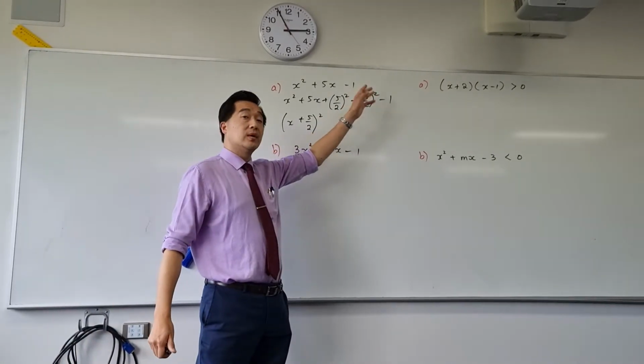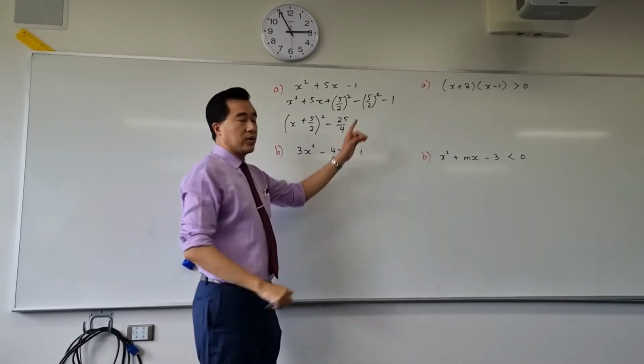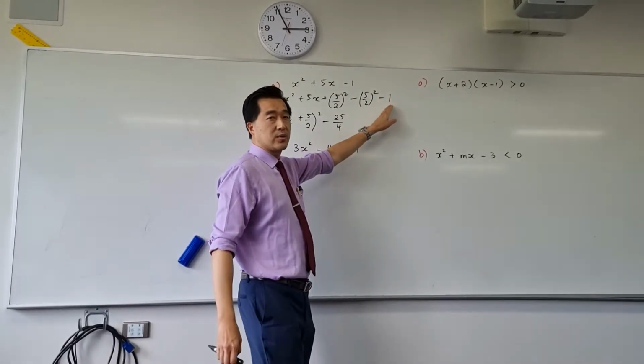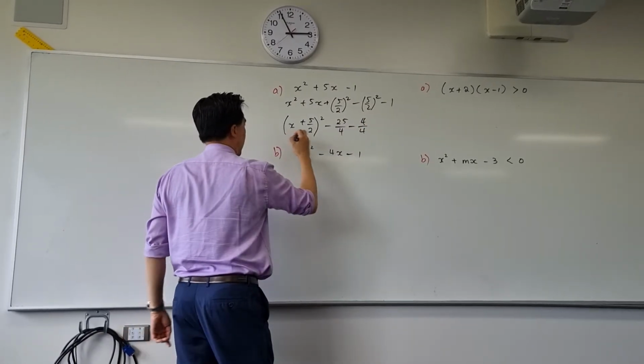So you square the top, square the bottom. It will be 25 on 4. Of course, when you add or subtract fractions, you must have a common denominator. Change this to a denominator of 4. And the last step would therefore just be